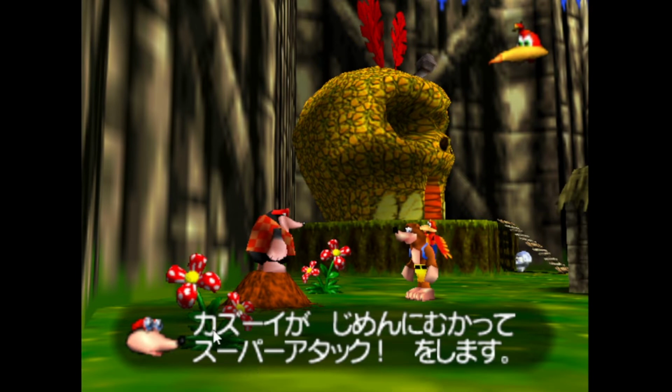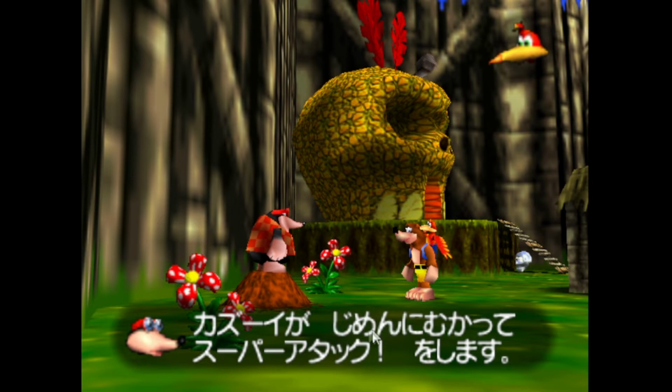Oof, okay. Kazooie ga jimen ni mukatte super attack o shimasu. I don't know why that exclamation mark's in the middle, but never mind. So Kazooie, jimen is like the ground, basically. It's sort of like Earth surface, the Earth's face.